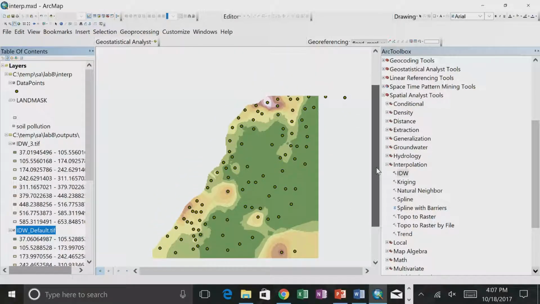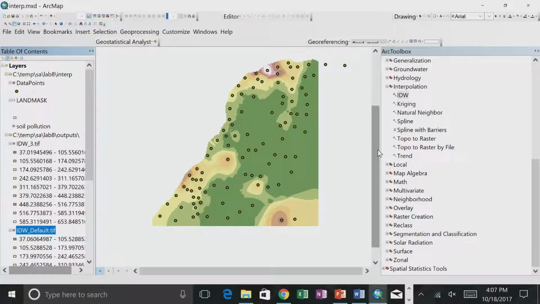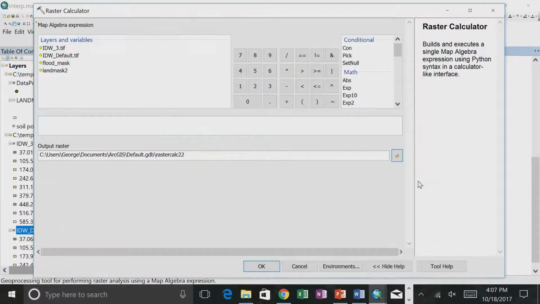That's the second one. First one's going to be, oh no, you're right. That's the first one. It is a conditional statement. Never mind. Second one's going to be zonal stats. Okay. First one, conditional statement. All right, so let's run a conditional statement under map algebra and say,